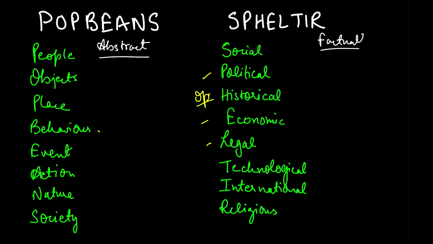Then we'll talk about the legal angles of increasing the infrastructure as well. That if we do so, there will be multiple places which we need to acquire from people, and that will be a difficult procedure in the legal procedure, especially that people will not give away their lands for free. So that is what you can talk about. Similarly, technological aspects, that how technology will help in the infrastructure boom and how can it have a negative impact as well. You can talk about that. Again, you got one or two sentences from this.